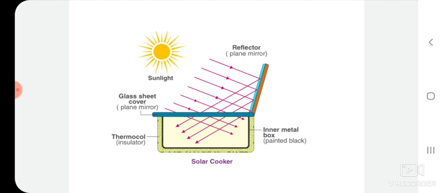The electromagnetic radiation emitted by the sun carries energy. We are going to use that energy and convert it into heat energy. How? When the solar radiation strikes, the energy causes the molecules of the matter to vibrate. Due to that, molecules get excited and jump to a higher level. This activity generates heat.